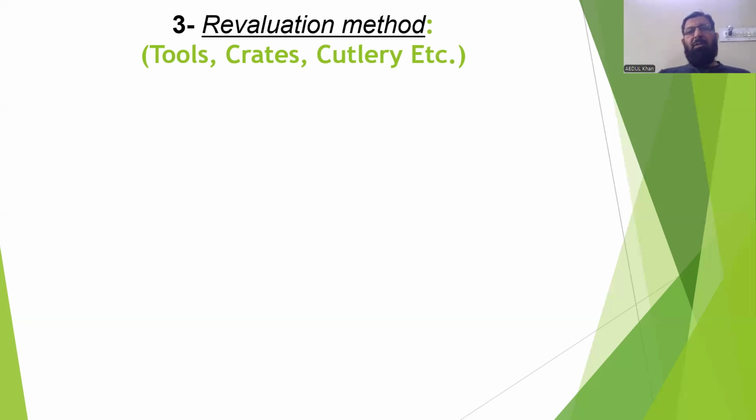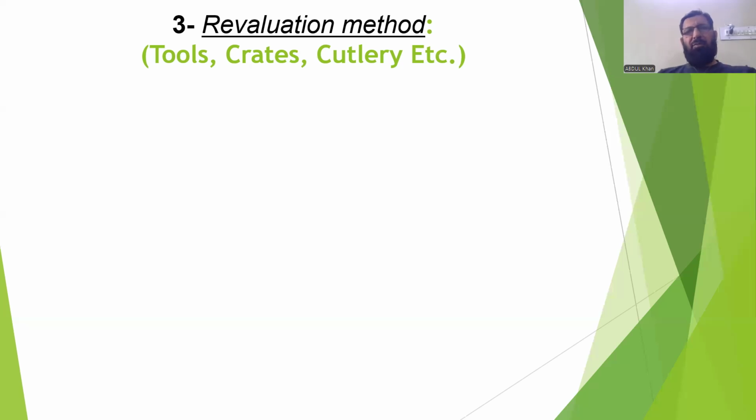Crates also, you can put things in. And cutlery, the spoon, knife, fork you use in the restaurant. When you are collecting all the things in the restaurant and bringing them for cleaning, sometimes they are lost, maybe thrown in the garbage. So the point is, some assets do not exist when you are in a position to calculate